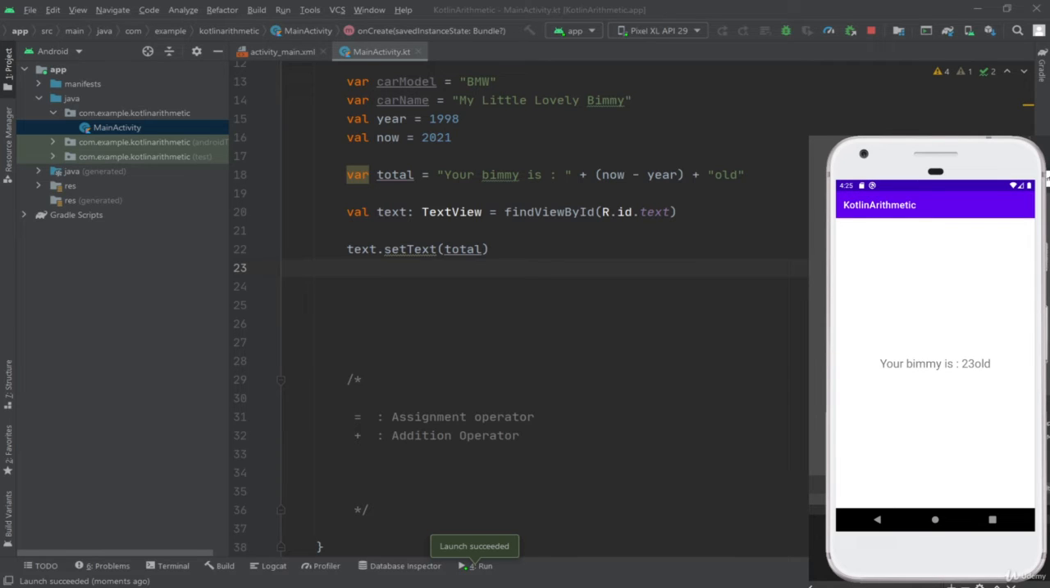As you can see here, your BMW is 3 years old, so we subtracted from 2028 1998, and we found our BMW is 23 years old by using subtraction and multiplication plus addition operator. So now I want to discuss the subtraction operator. We have discussed that, but I want to discuss that as well, because the subtraction operator has mathematical